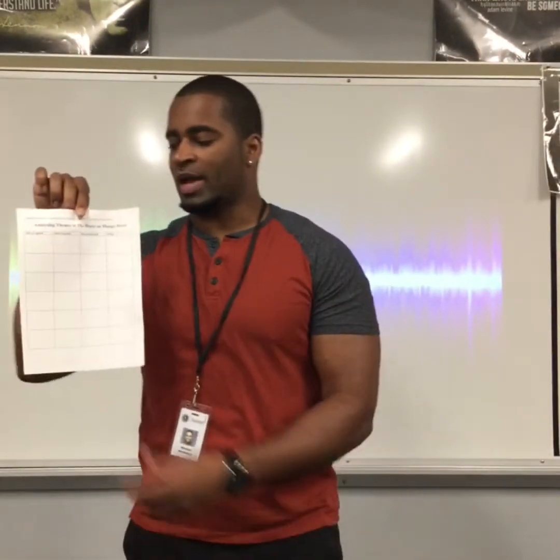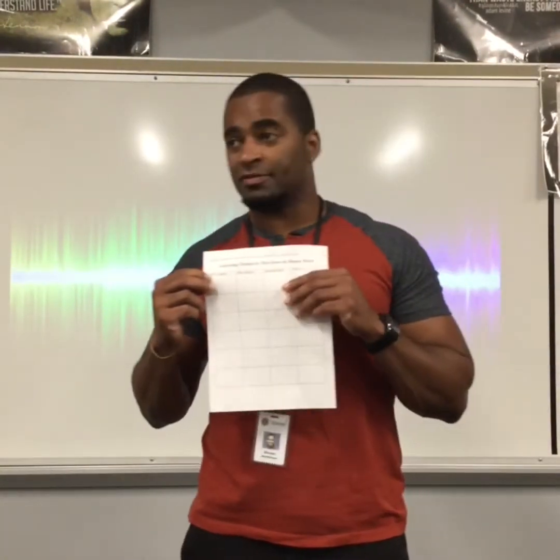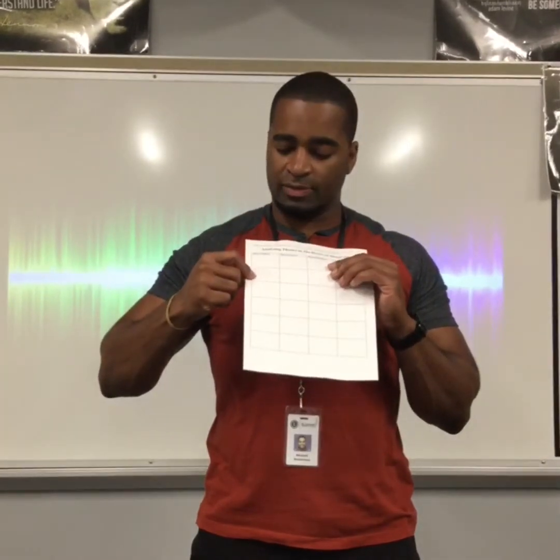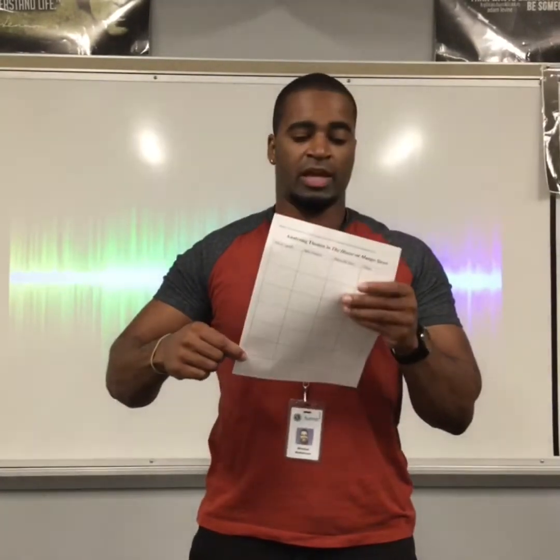So what we're going to be doing is, take a look at this sheet that I just passed out. You'll see at the top, analyzing themes in The House on Mango Street. In this box it says title of vignette. You will see there are 7 slots because there's one on the back, okay? The other day we just worked with the first 3 vignettes, 1, 2, and 3, right? Today you're going to work with 1 through 7. So you're going to have the first 3, right? Mango Says Goodbye Sometimes, Kathy, Queen of Cats, and then Minerva Writes Poems, and then you're going to go on to 4, 5, and 6, and then whichever one is 7. I don't remember all the titles, okay?